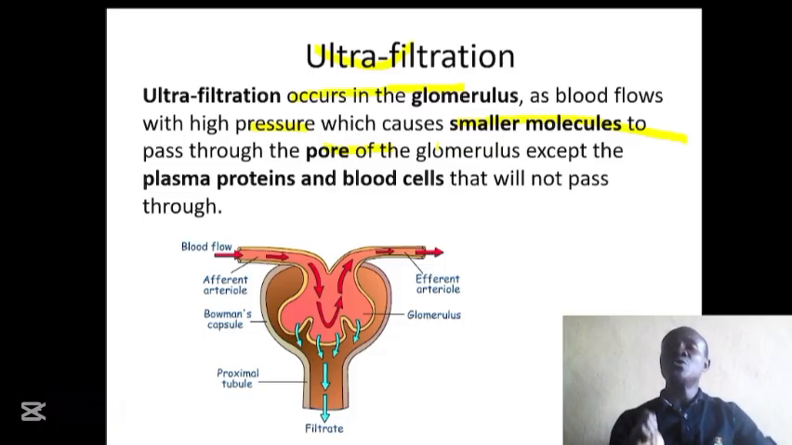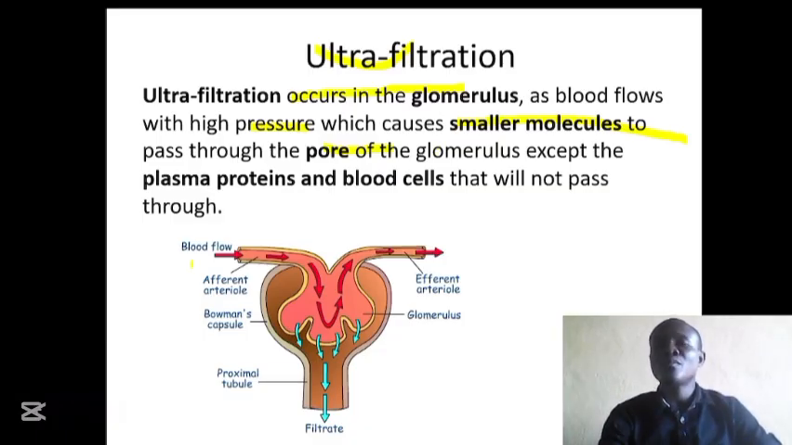The blood coming into the glomerulus is coming with high pressure, with high force. That force will cause all smaller molecules to pass through that pore into the Bowman's capsule, whether they are useful to the body or not. So both useful and useless substances are passed into the Bowman's capsule. Plasma protein and blood cells will not pass through that pore because they are too large. So in the urine, if you see protein or blood cells, it indicates something